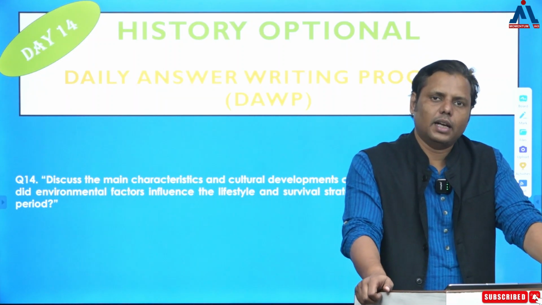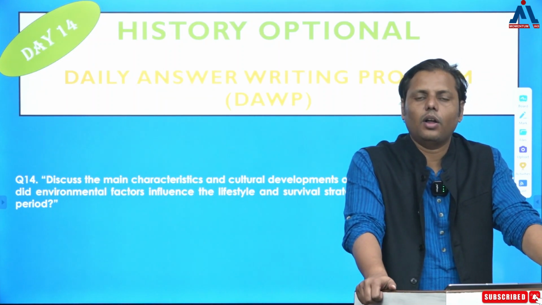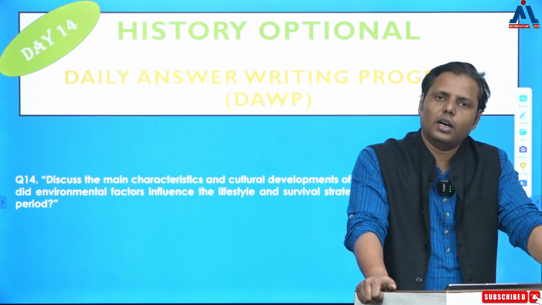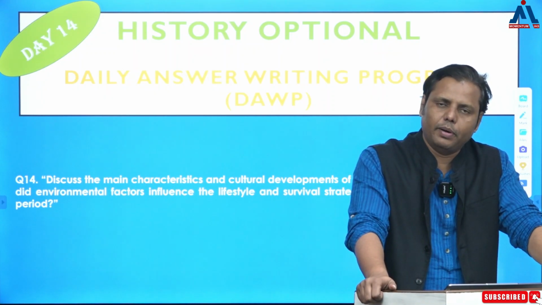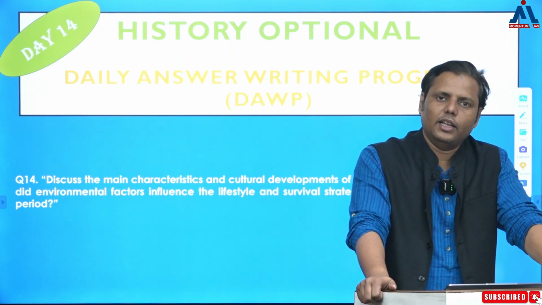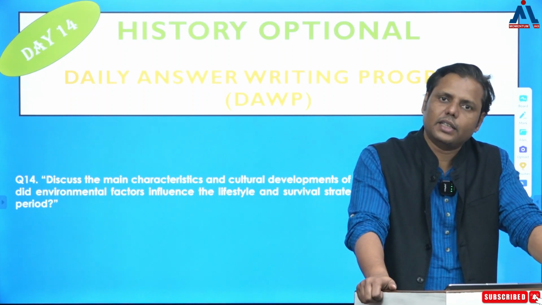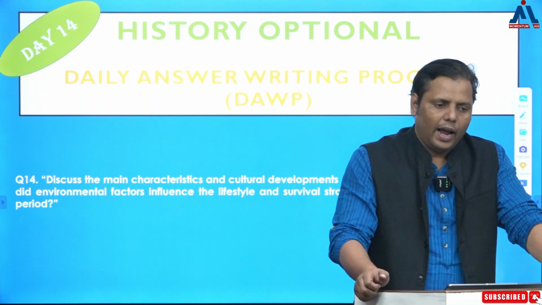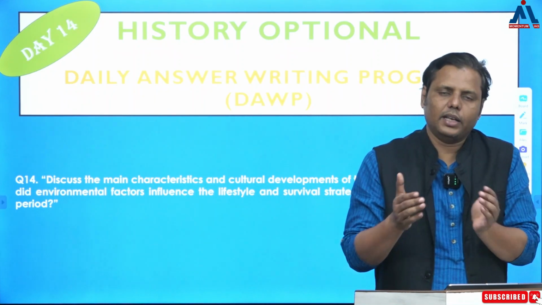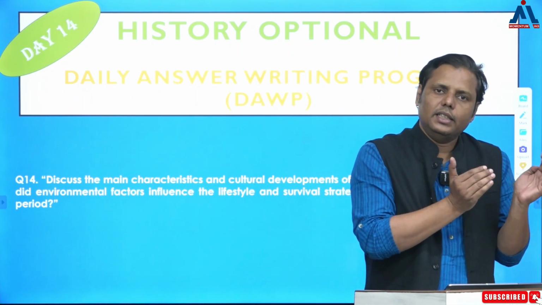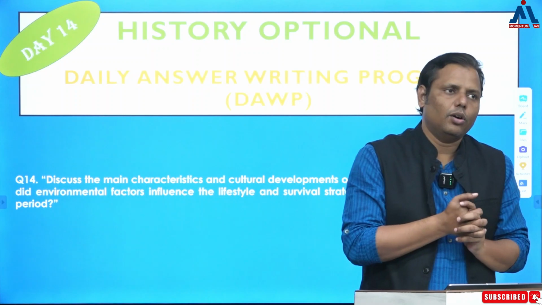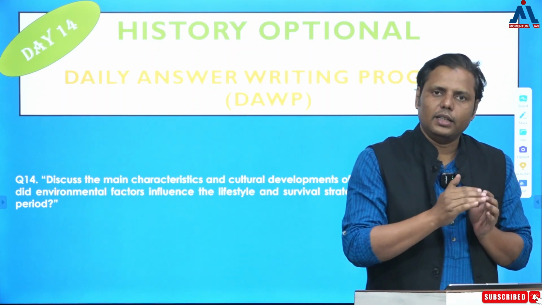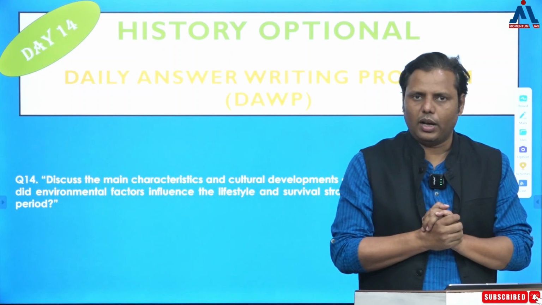So how to frame this answer? You have to start with a definition of the culture of the Paleolithic period, and you have to write this is the earliest stage of human development where the transition in the human body and the environment simultaneously started, and both of them were interrelated. And of course, as per the environmental changes, you can see certain changes which were coming to the body of human beings, and undoubtedly the cultural transformation which was happening.